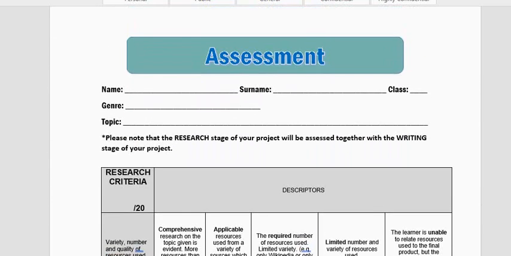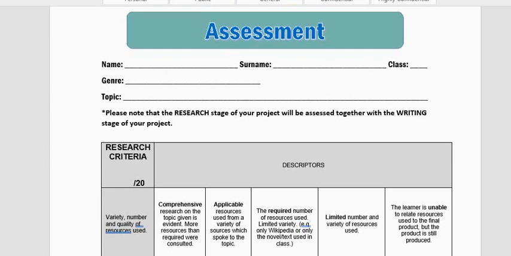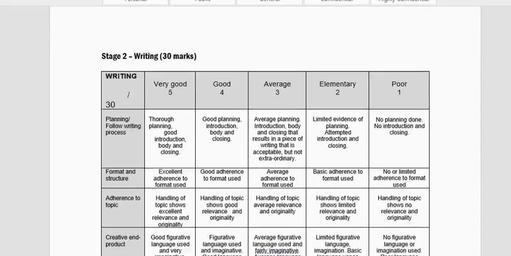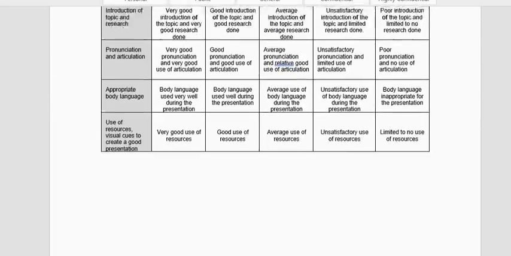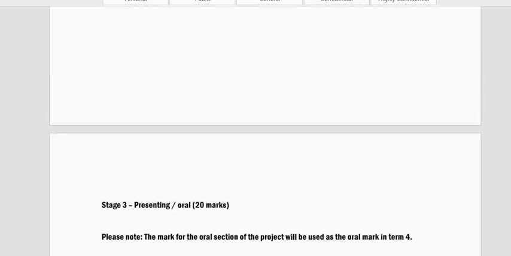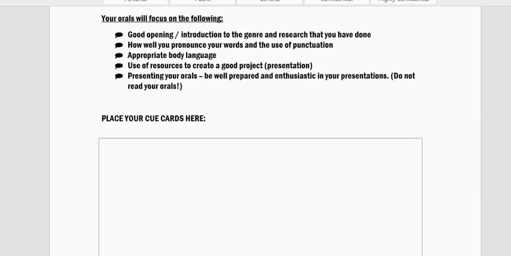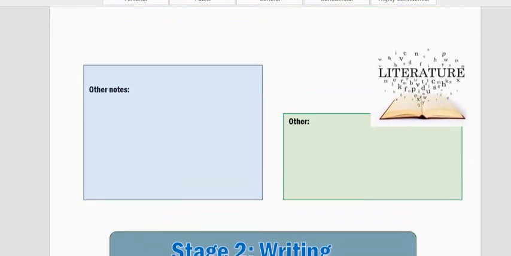In the learner assessment file, the learner must have access to his rubrics. Make sure that in advance he writes his name, genre and topic on each of these rubrics. Make sure you work through the rubrics with the learner so that the learner knows what will be given, what will earn him marks. So, ladies and gentlemen, this is the workbook. Once again, you will not use it exactly like it is for this year because some things changed. You may use a template of this.